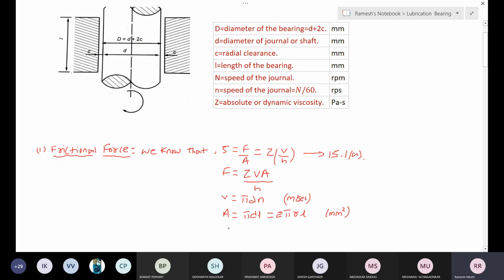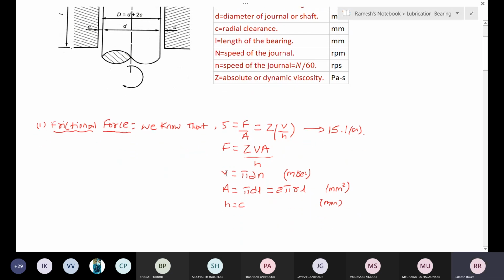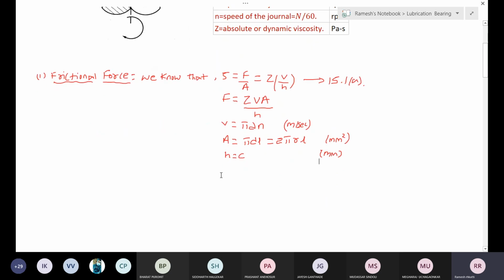Similarly, this h is nothing but the clearance. Here you can see that this is nothing but h. This is the clearance. h is equal to c, and the unit of this clearance, or h, is also in terms of mm. Now I can substitute these values, the velocity, area and clearance, in the above equation, that is the frictional force. Therefore, frictional force F is equal to